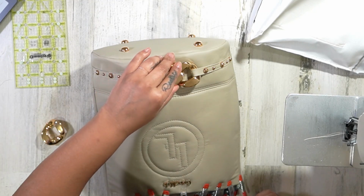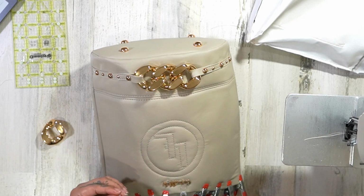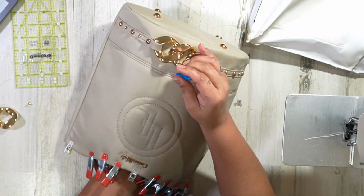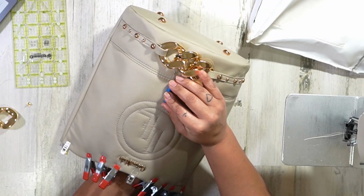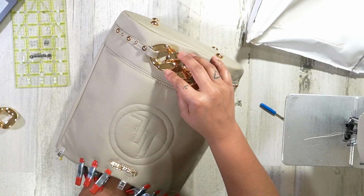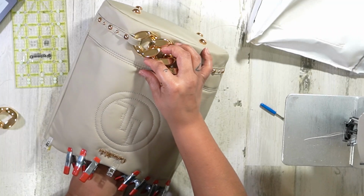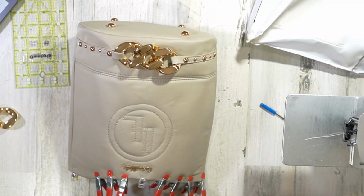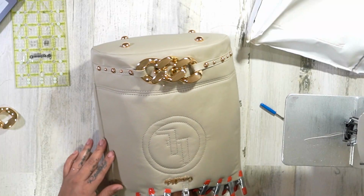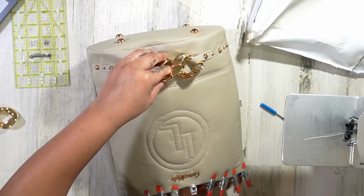So I made a little mark where one of those holes is on here in the spot that I want it to be. And I'm going to make the tiniest little slit in my material. I mean the tiniest little slit. Very, very tiny. Tiniest slit ever, y'all. And now I'm going to take my little rivet and stick it through that slit. I can't even get it through, it's so little. Because I don't want it shifting, you know? Alright, here we go. And now I'm going to grab that piece that I measured. And I'm going to...